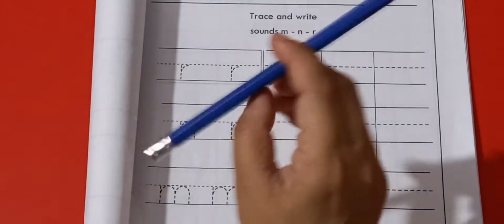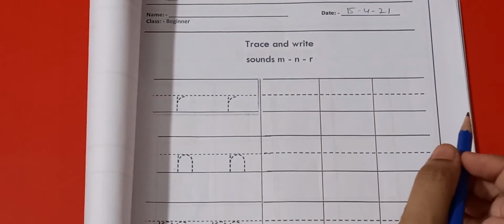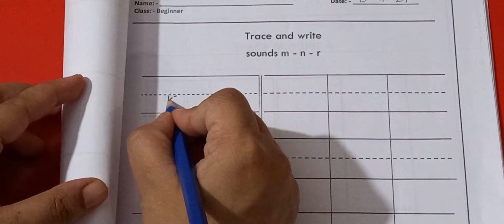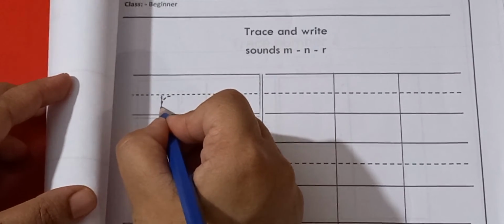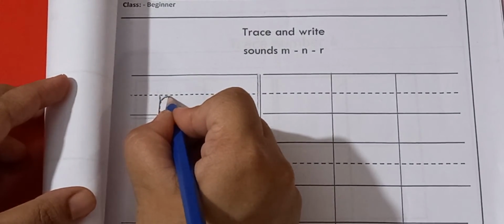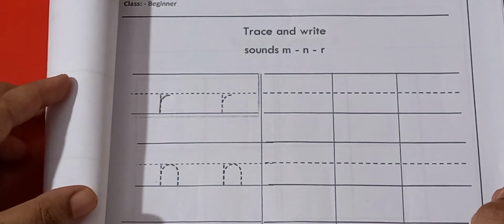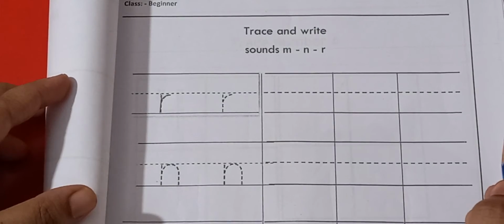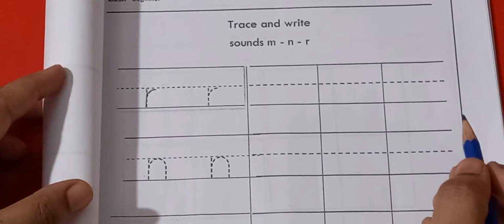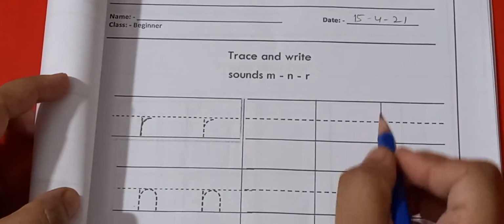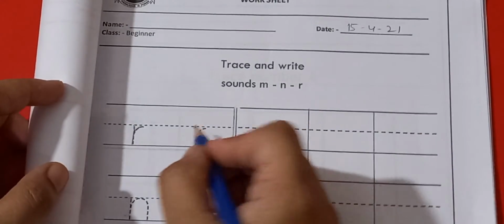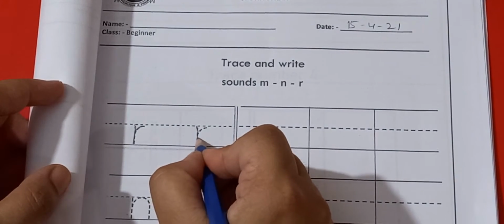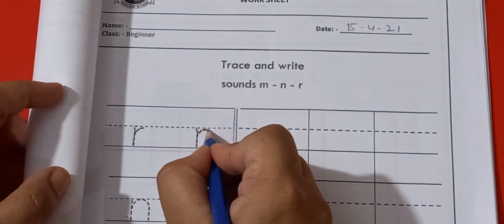After repeating and revising these sounds, take a pencil in your hand and start writing. First, we have to trace the sound R. R is down and down, go up and turn a little. This is sound R. Every time you write or trace the sound, you are going to say it with the formation. R is down and down, go up and turn a little.